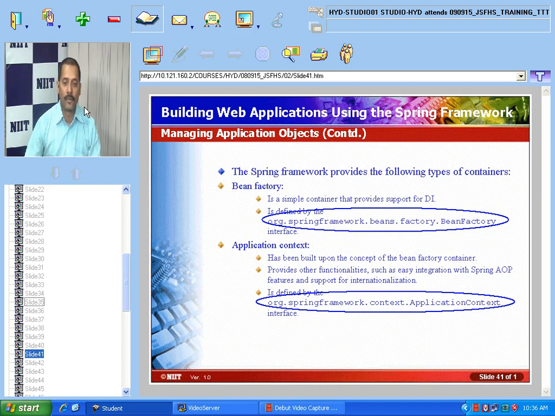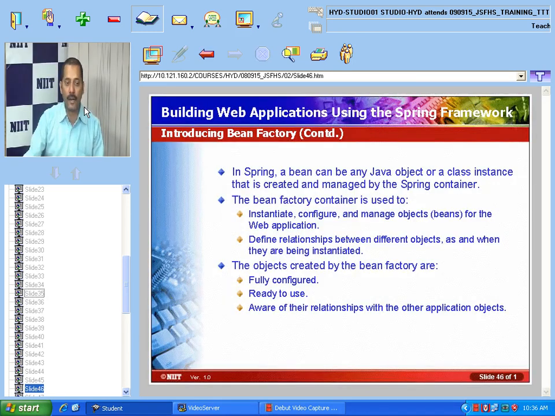Fine then. So we'll be moving down to the next part, that is what is the Bean Factory and how we can implement the Bean Factory, that we are going to see also. So we are going to discuss about a Bean Factory. What is the Bean Factory, how to implement the Bean Factory, that we are going to discuss. We have seen the Bean container. Now we'll see the Bean Factory and how we can have the Bean Factory in our Spring container.